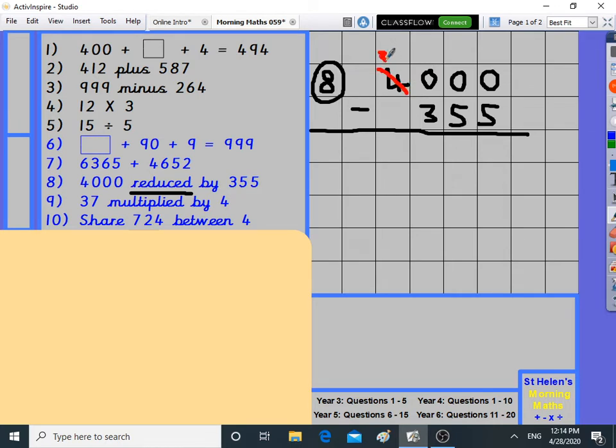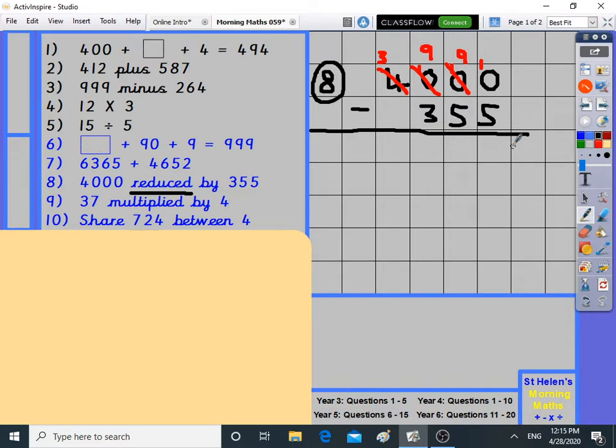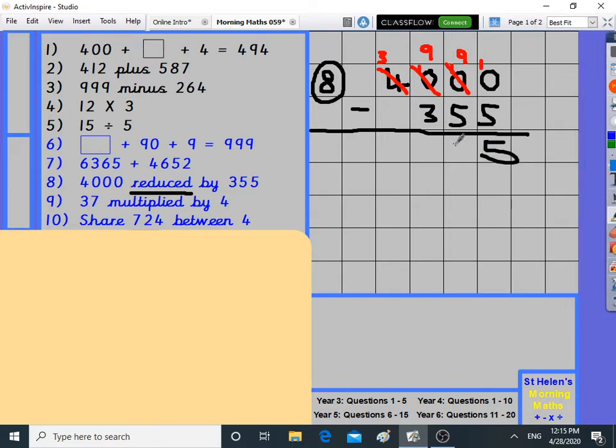Goes down to a 3, lends 1 here. 10 can go down to a 9, lend 1. 10 can go down to a 9 and lend 1. So 10 take away 5 is 5. 9 take away 5, 4. 9 take away 3, 6. And 3, don't forget the 3, very important. Most significant digit, most important digit, it's worth 3,000, isn't it? 3,000 because it's in a thousands column. 3 is a smaller digit than 5, but when it's in a thousands column, it's worth much more than 5 units. So minus made things smaller,